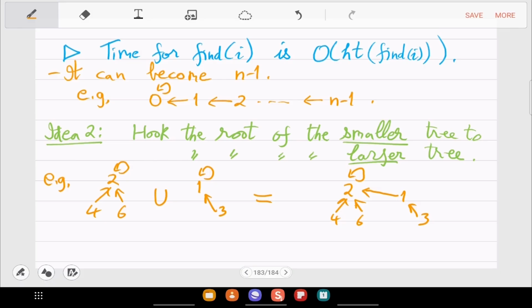So that's another thing. Smaller and larger tree means size, the number of nodes, but as an alternative, you can look at the height instead of the size. And then you can analyze as an exercise what happens. Hint is that that will also work.